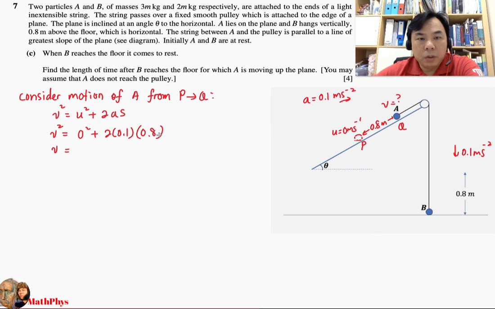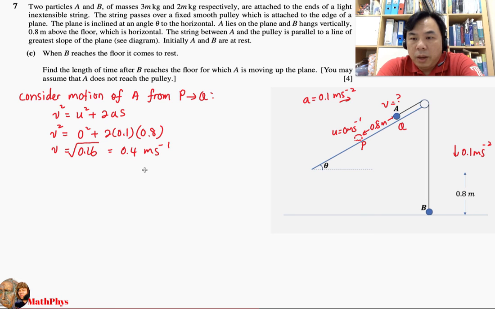So therefore, we have 0.16, square root. That will be 0.4 meter per second. So the speed of particle A when it reaches position Q as B touches the floor is 0.4 meter per second. All right. Now next,